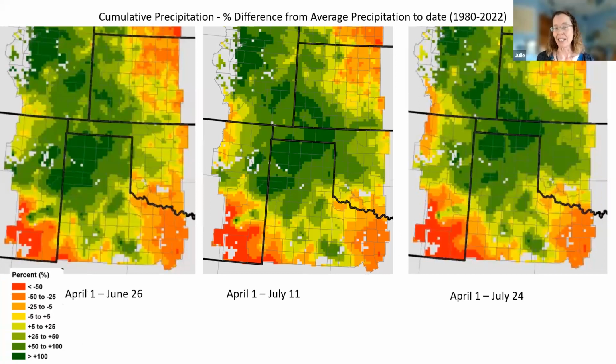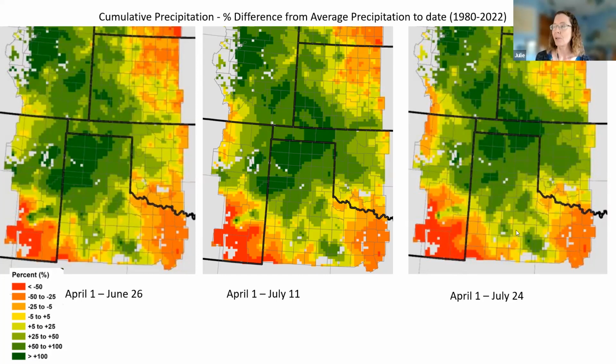Not surprisingly then, if we look at the summer rainfall only, so April 1st through June 26th, April 1st to July 11th, and the most recent precipitation map, April 1st through July 24th, we can see that there's been a lot of summer rainfall, as indicated by all the green in most of the 3 states, indicating 5 to 25%